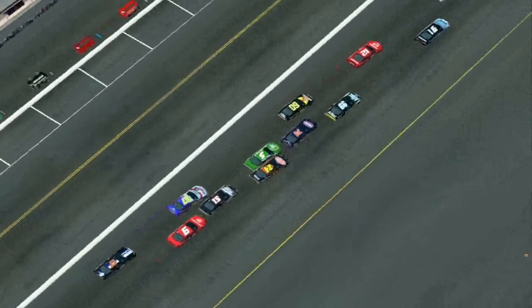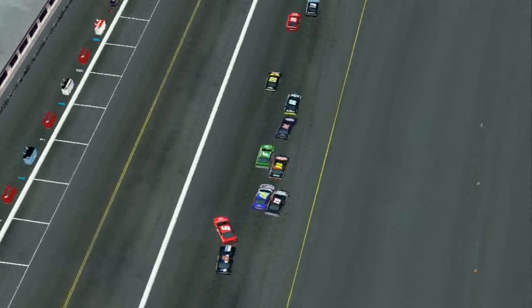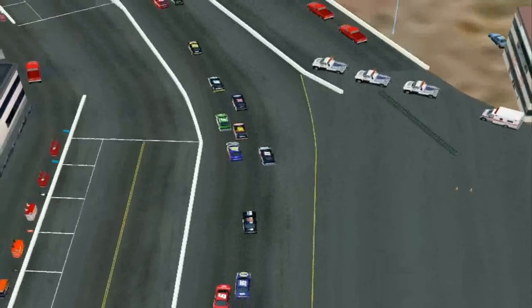The action actually started back here before the race even started. Barney Ward runs in the back of last week's winner, Ryan Jew. Dylan Young, wow. Did you see what just happened to him? Well,